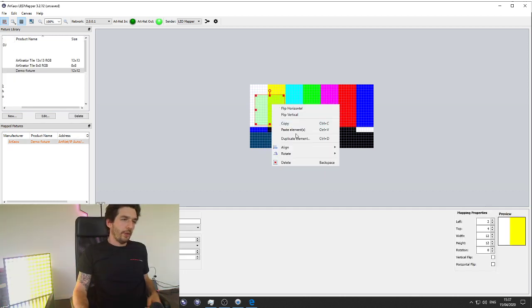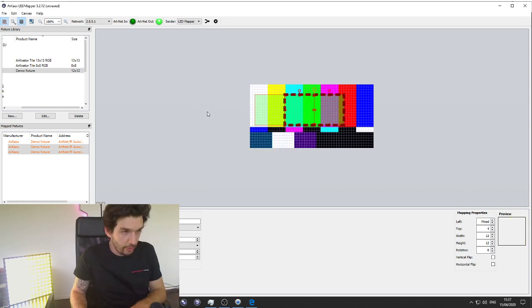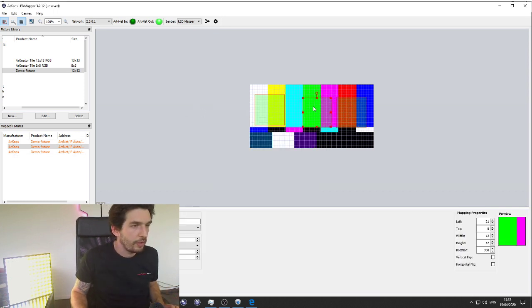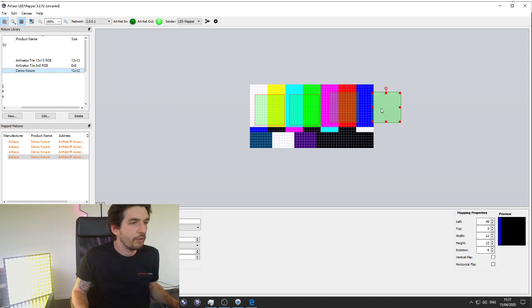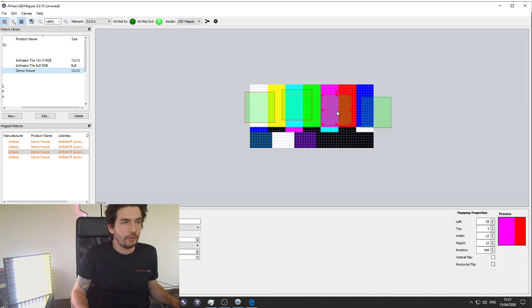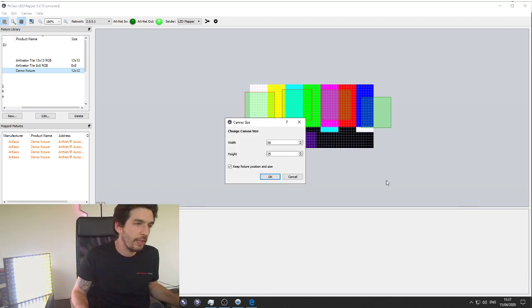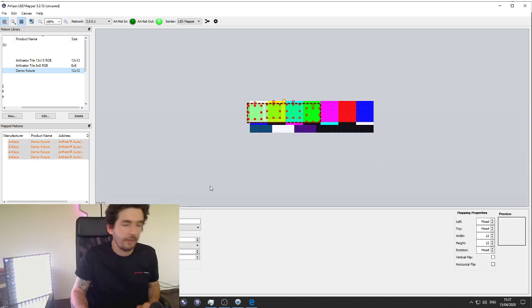Okay, so let's duplicate the elements 3 horizontally. I have 3 identical fixtures right here. Okay, that's my 3 fixtures. Let's have another one right there. So here I need to patch those 4 fixtures. Canvas is too small, no worries. Canvas size, I can expand the width, and we can go back to 100 width, and my fixture right there.